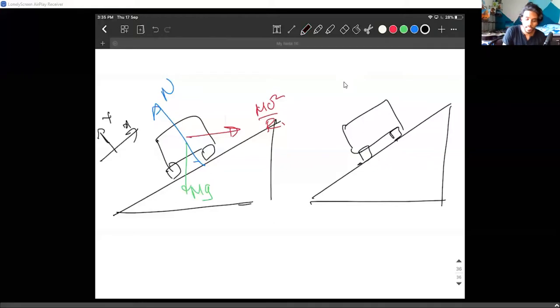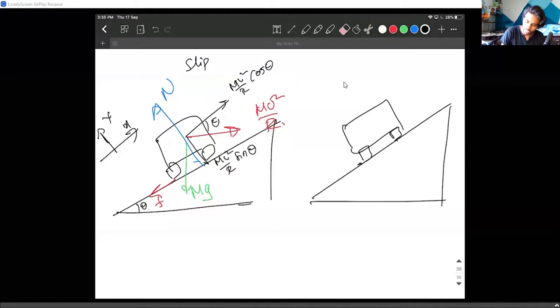I suggested this. This is a slipping up case. The car is going way too fast, so you are slipping up. So in this case, the friction is acting downwards. Okay, so I took components of forces, which are nothing but this mv square by r. This is theta. If this is theta, mv square by r cos theta, mv square by r sine theta. So since I've divided them into components, I've separated into two components, and then mg cos theta, mg sine theta.